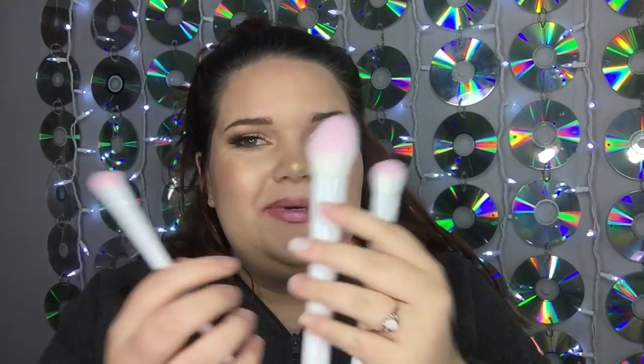So that's really nice. They do feel soft. The face powder brush definitely feels very, very soft. I'm just really excited to receive more brushes. I love adding brushes, and $21, you can't complain. I'm not complaining whatsoever. So we're at 1, 2, 3, 4 items. That leaves one more item, and this is...